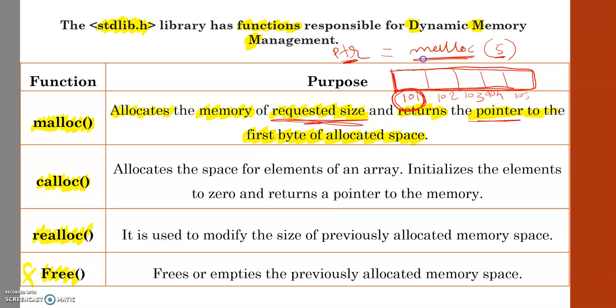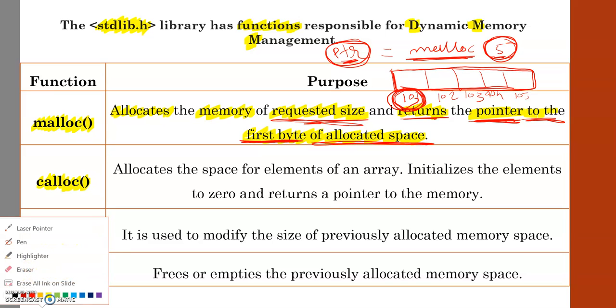Why? Because this malloc function returns a pointer, but which pointer? Pointer to the first byte, and this 101 is the first byte of the allocated space. Total allocated space is 5, but I cannot return multiple addresses. So I'll return 101, and this 101 will be stored in ptr, right? So this is the malloc function which we can use for the DMA.